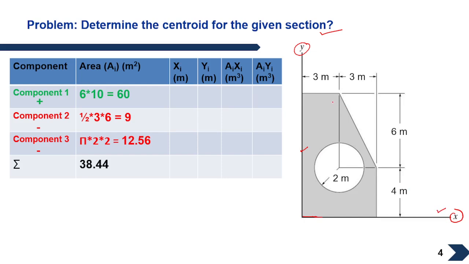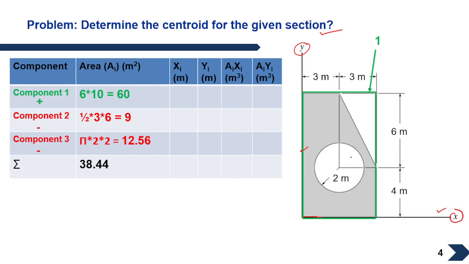The second step is you need to divide this section into the least number of components, which need to be simple sections, and the number should be least so that we can easily find the area and centroid. In this question I have divided this into three components. Component 1 is this